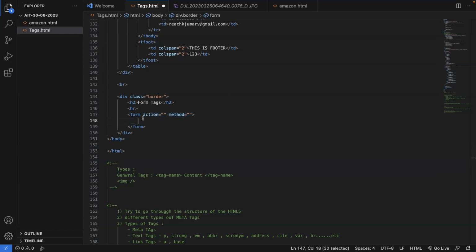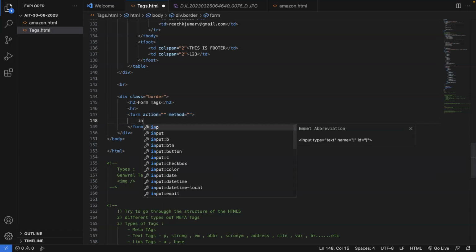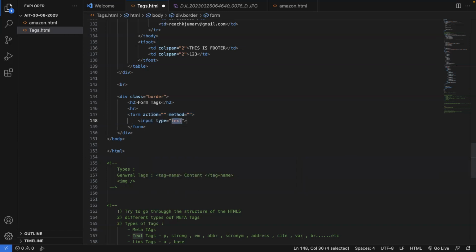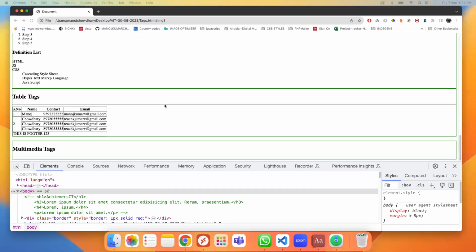Now if you see, for example, the input tag is a self-closing tag. It can be given without slash or with slash. As per W3 standards now, it requires slash, but it will not throw any error even if you didn't give slash also. Got it? So input is a self-enclosed tag, we call it. If you go to the browser and if I reload,